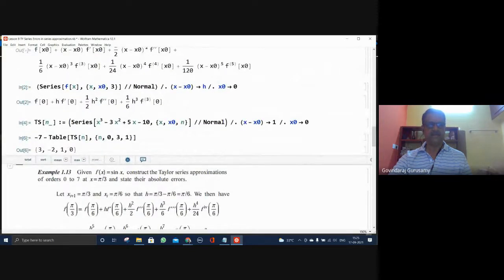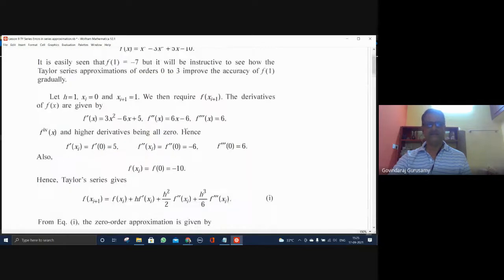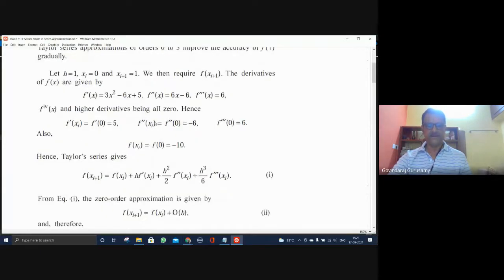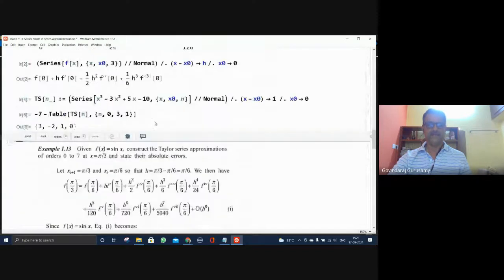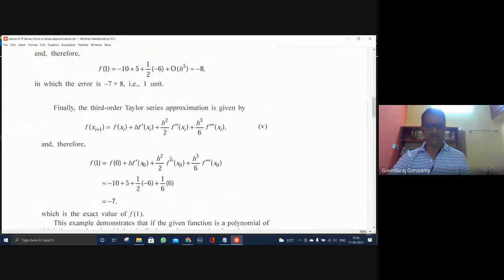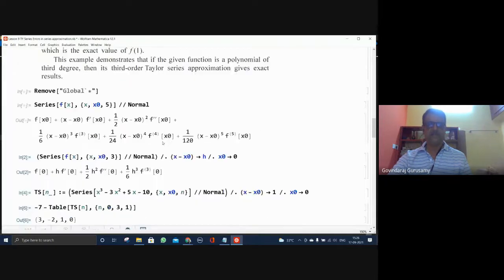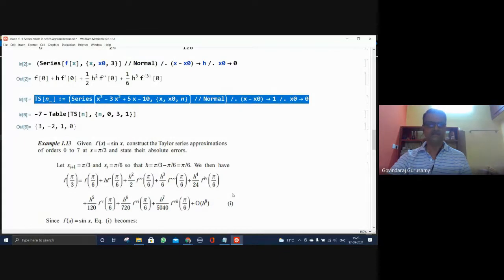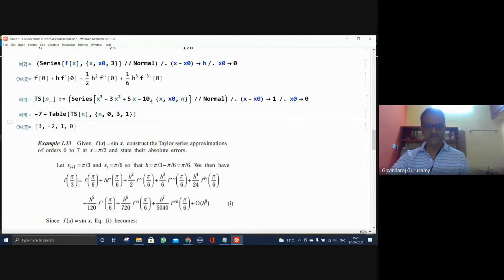You see how much we have to struggle here, but you have to understand these things. You should know how this has been arrived at and how that is being implemented here. So your job will be very simple. If you learn and understand this, implement it through Mathematica. And Mathematica implementation is just one line, which takes care of this. So once you do this, I can just change any function. Make sure what your x0 and number of n are, change it, and you get it. Okay, that's the beauty.